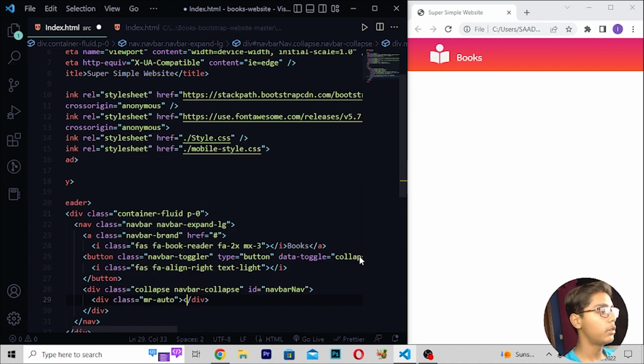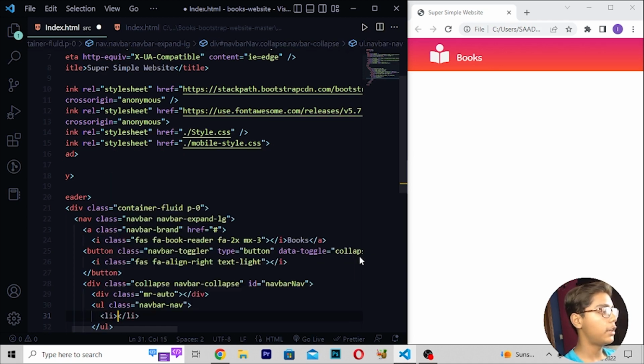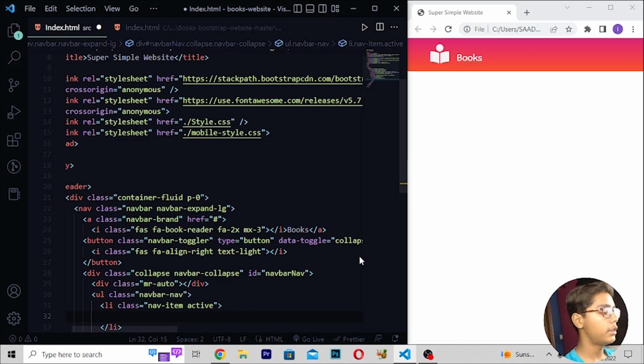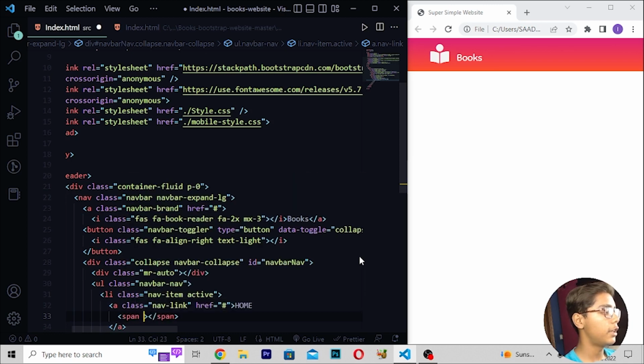Then you have to just move down after this, right here ul class. Then I will be writing navbar, and here I will now write nav. Then you have to write here li class. Then I will write here nav-item active. Then you have to just move down. Then I'll be writing a tag, and right here class, which should be nav-link. Then I will now write href equals hashtag. Then right here home. Then I will be moving under this a tag, and in this a tag I will be writing a span class sr-only. Then I will write here current like this.